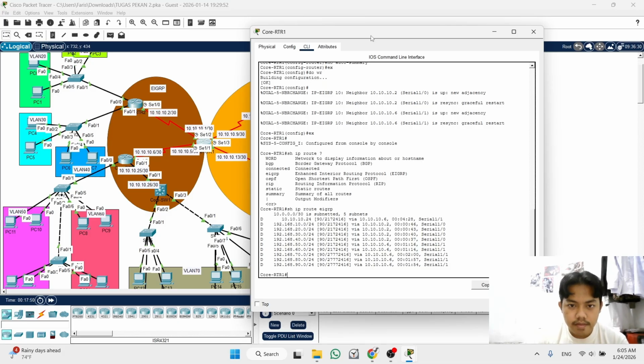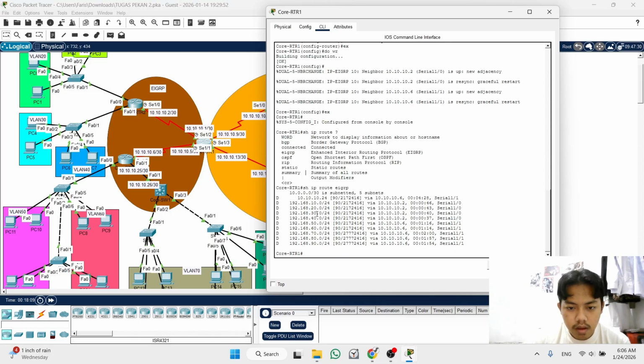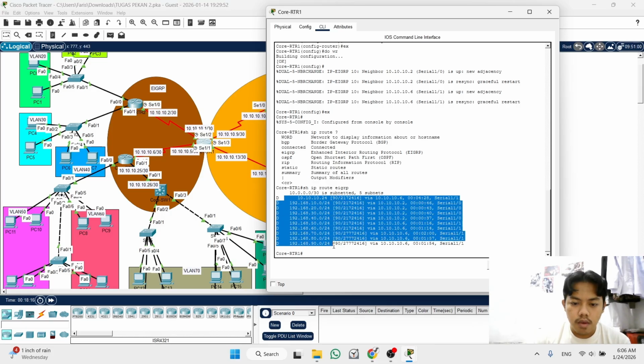You see this icon, the D means dynamic. So router one got all of these networks dynamically.